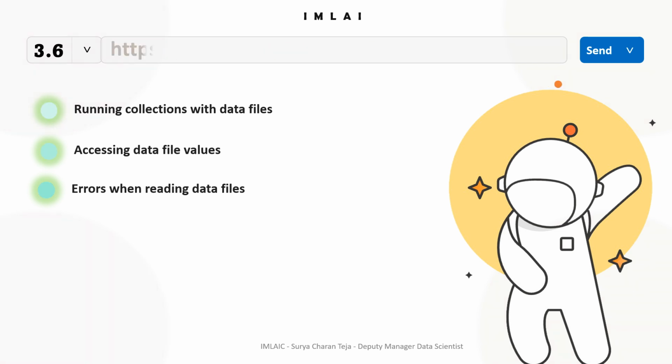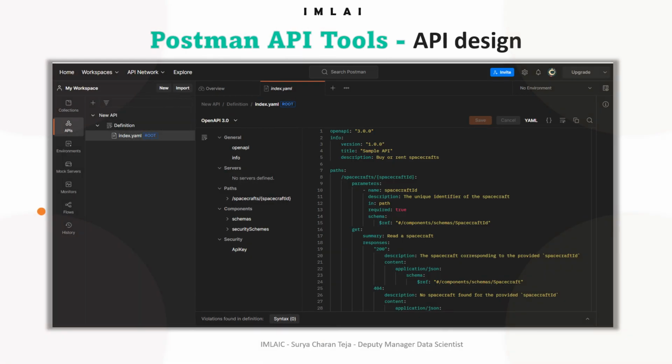Now we'll see a few more tools, mainly tools of Postman. Okay, a few more tools. The first one out of the tools of Postman that we will see is API design. You can design your API specifications in Postman